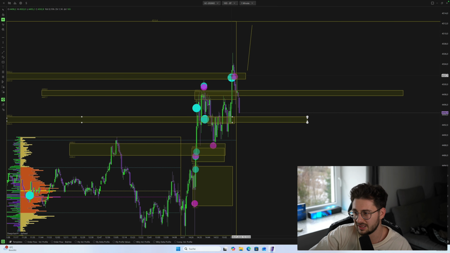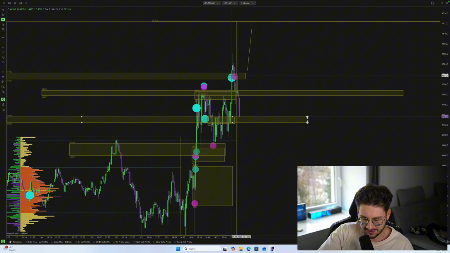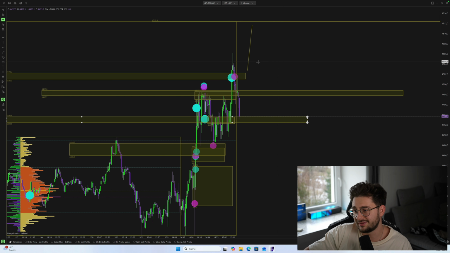All right, so it really looks like we go and tap that area. Yeah, we tap it. Okay, so we tap this area. That means my expectation is going to be now that we will shoot up from this area. So we have to protect this area here right now. It doesn't need to be just as small as I marked. It could really go all the way till the low, but here it's a high concentration.